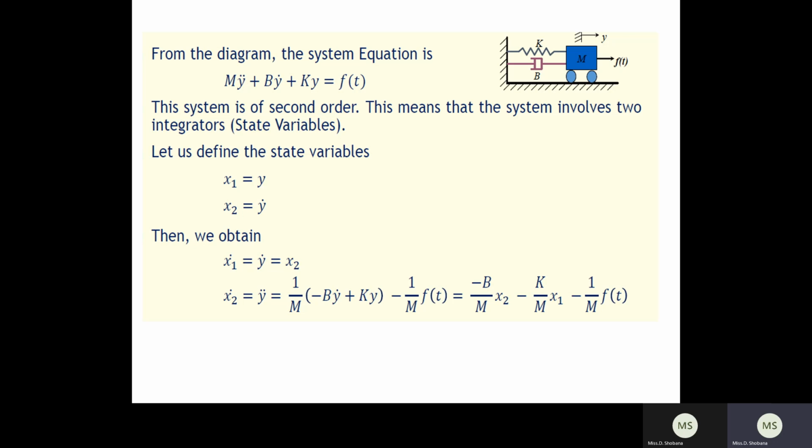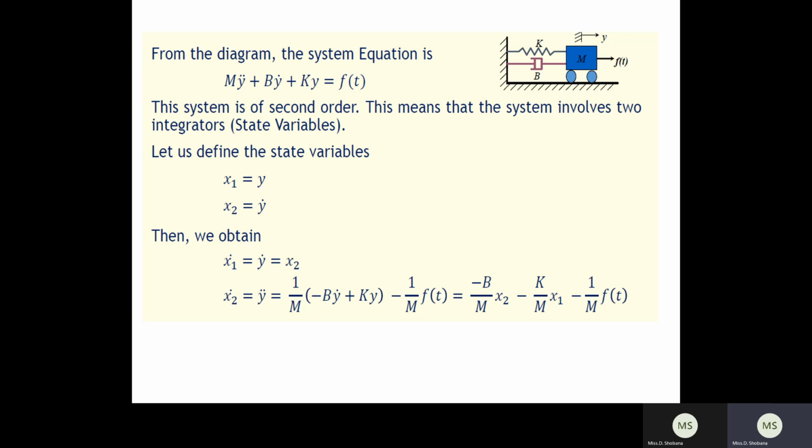Whenever the mechanical system is there, we have to assign the state variables as the minimum variables. The state variables will always be chosen as the output displacement and velocity and acceleration. Here we have displacement as y, which will be chosen as the first state variable, and the second will be the velocity. Velocity is nothing but dy divided by dt. That will be considered as the next state variable. Up to 2 state variables you have to assign. After that you have to stop.